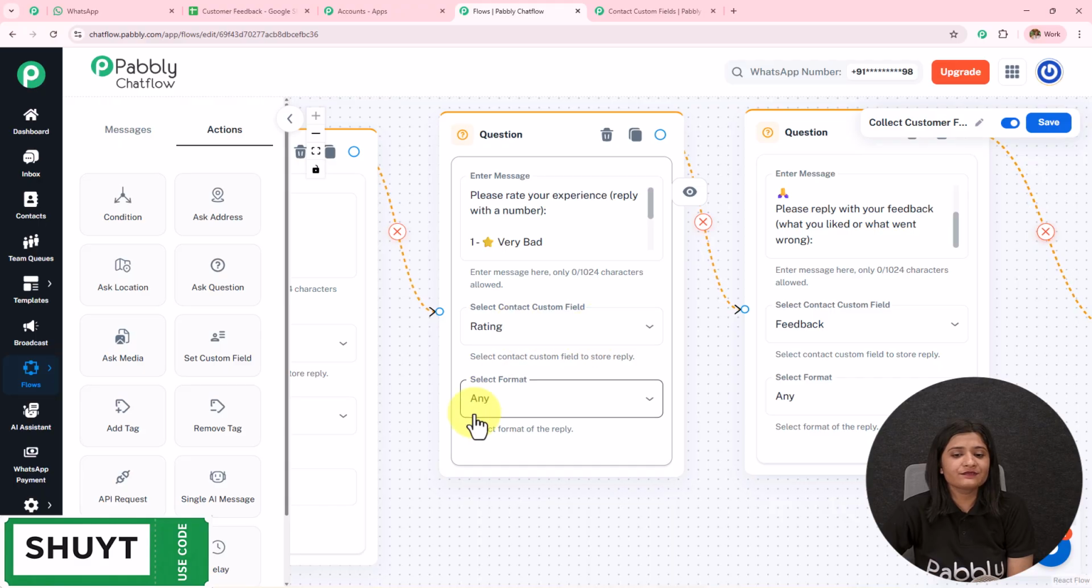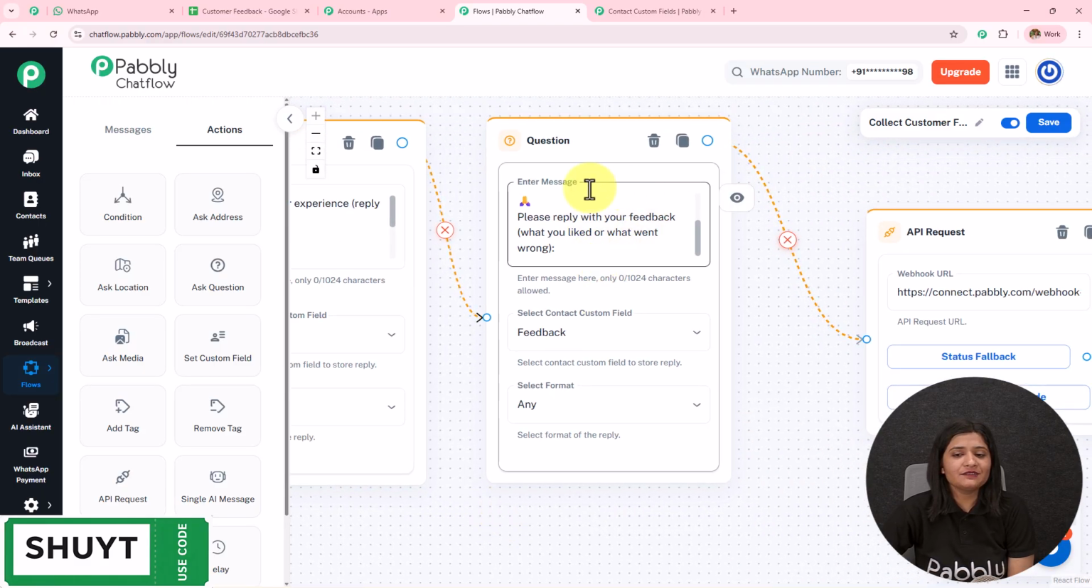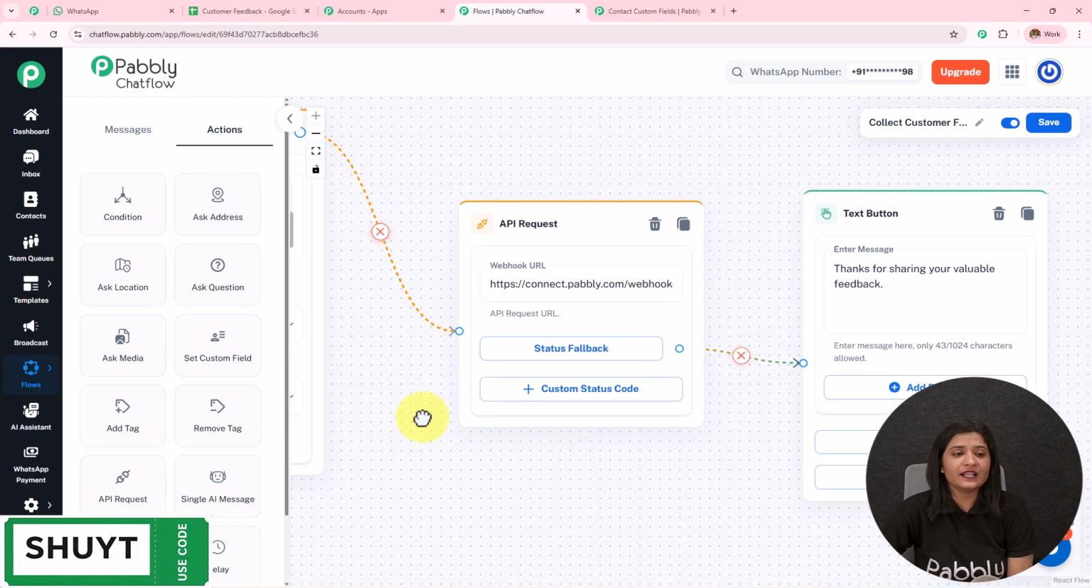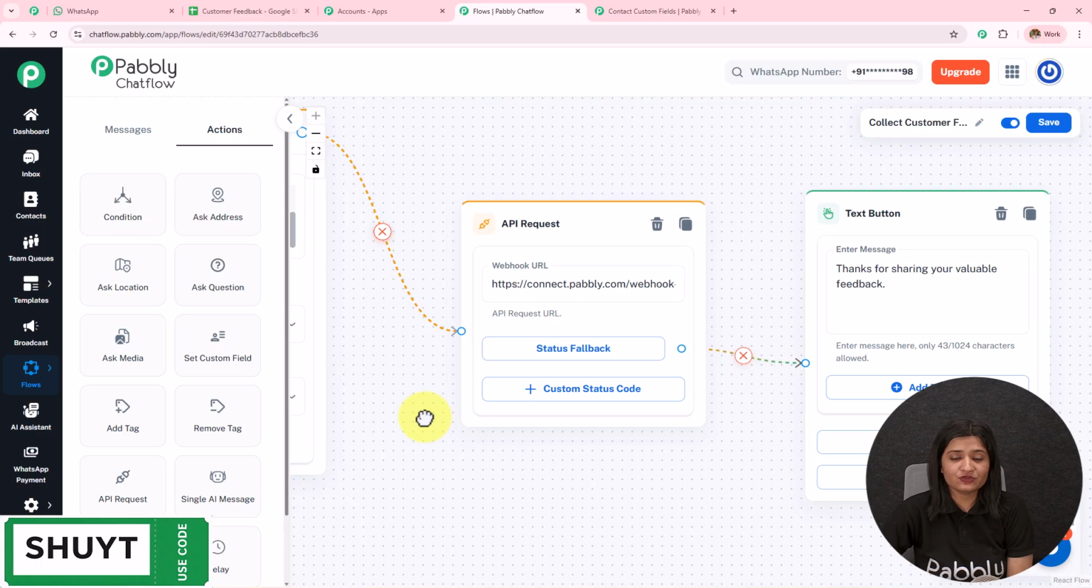Select the contact custom field as rating and the format, and the final was this feedback where I have selected the contact custom field for feedback and the format. Now after collecting or adding all these questions or creating all these question boxes, I have simply dragged and dropped